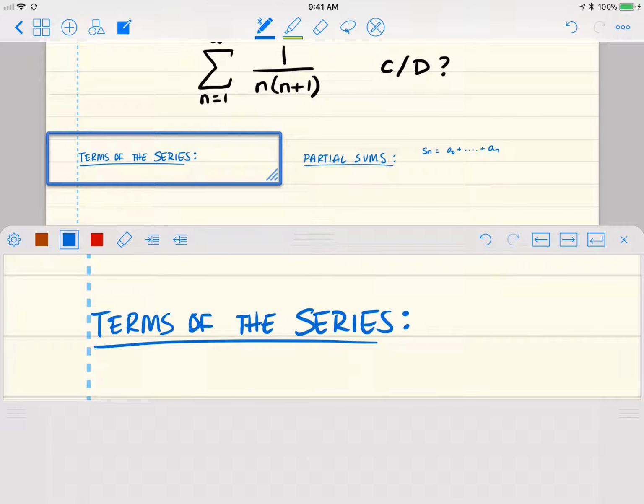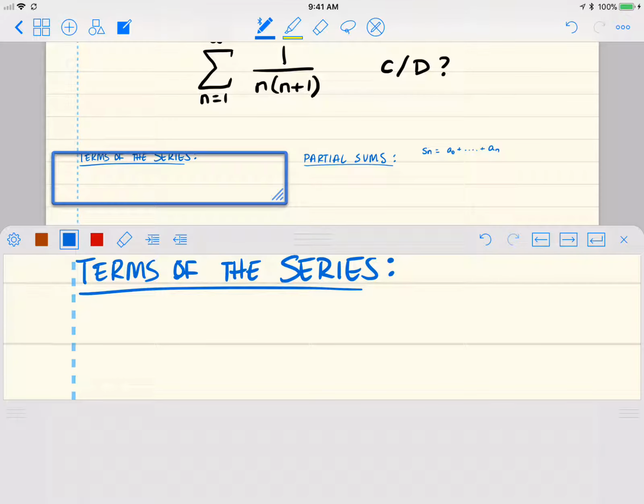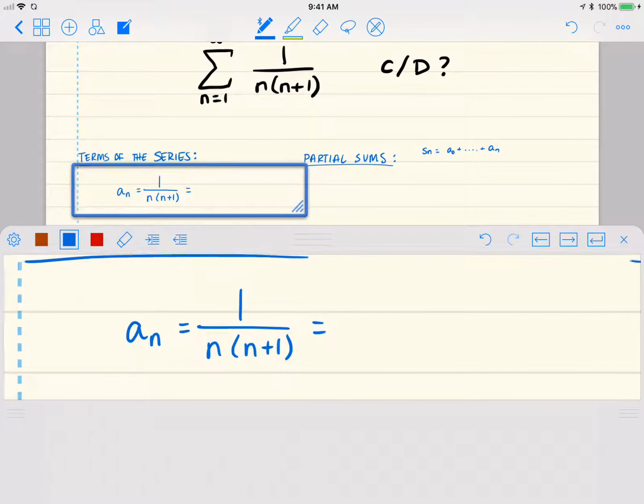that we can use partial fraction decomposition. So the terms, we know that a sub n is 1 over n times n plus 1. But we can rewrite that using partial fraction decomposition as,